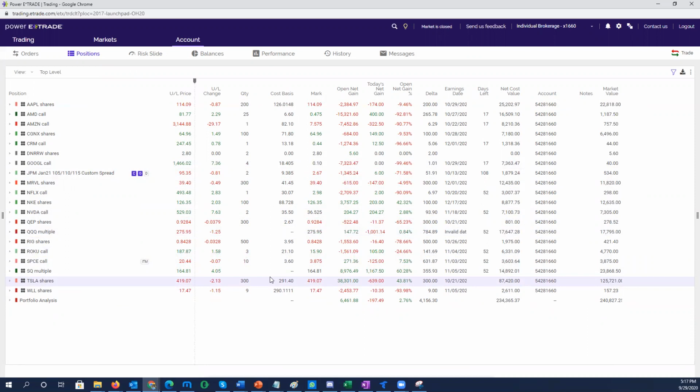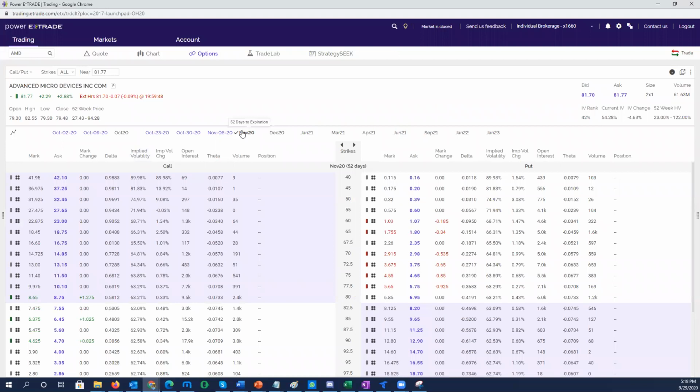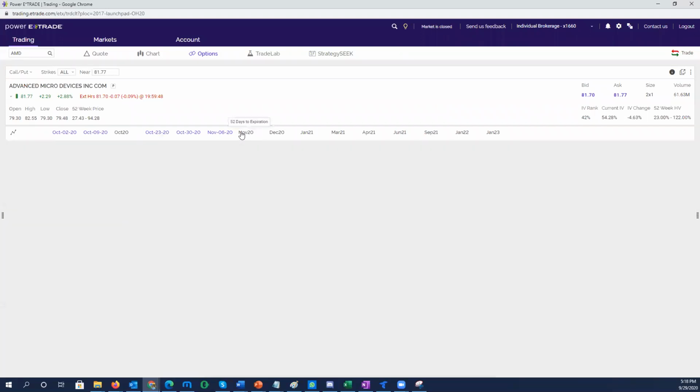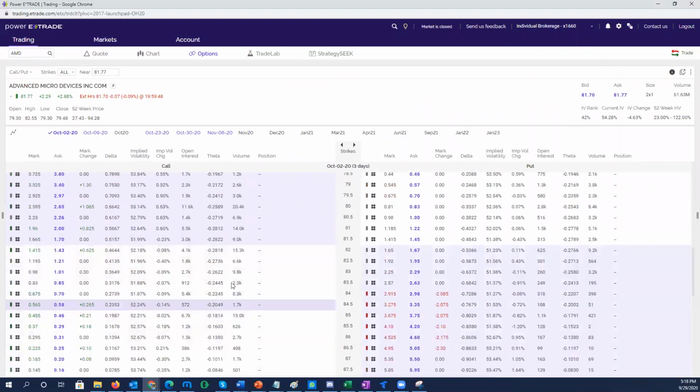So the theta, is it per contract or per contract times 100 shares? Like you know how theta is, like you'll have 3 cents, you lose the 3 cents per contract or per contract times 100 shares? I kind of missed that part. No, this is only one contract. The closer the expiration, the more theta you lose, the more value you lose.